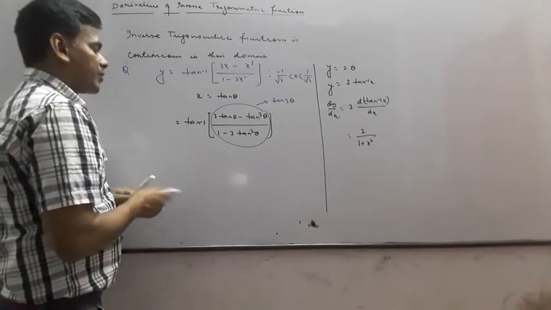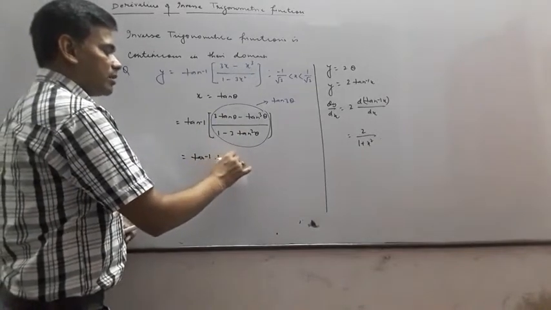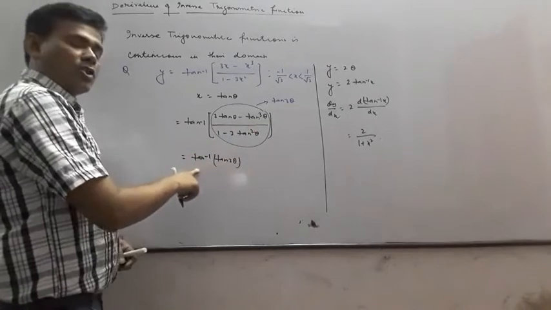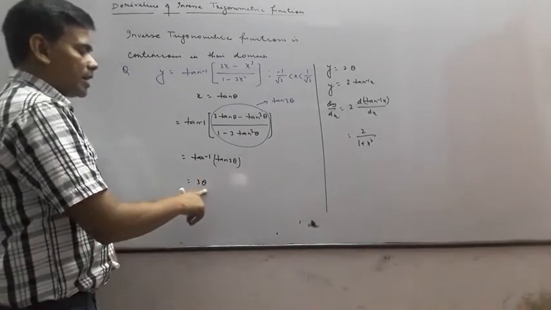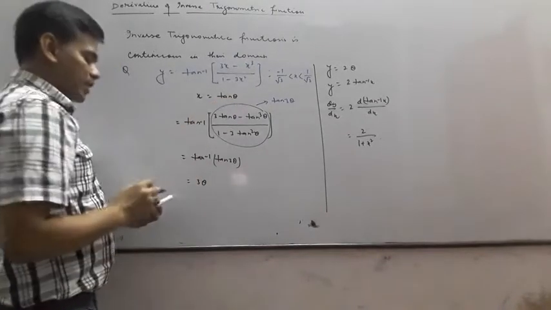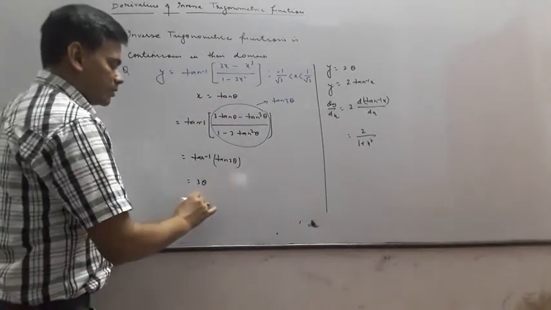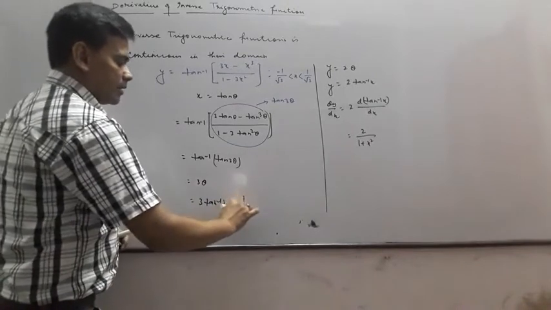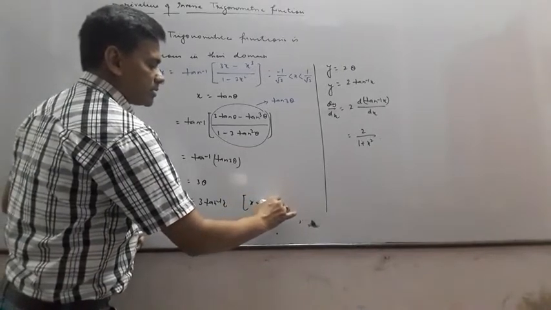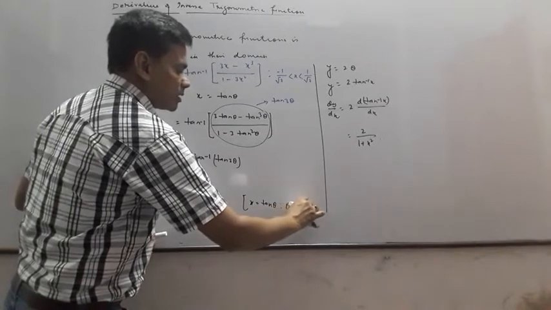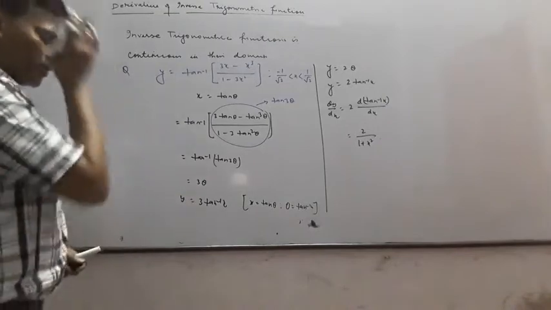So let us see now here. It is tan inverse, and instead of this, what will you write? Tan 3 theta. And I already taught you that tan inverse tan means you write only the angle here. Now this angle you will have to replace. If x equals tan theta, then it is 3 tan inverse x, because x equals tan theta means theta equals tan inverse x. I replace it, so it is y.